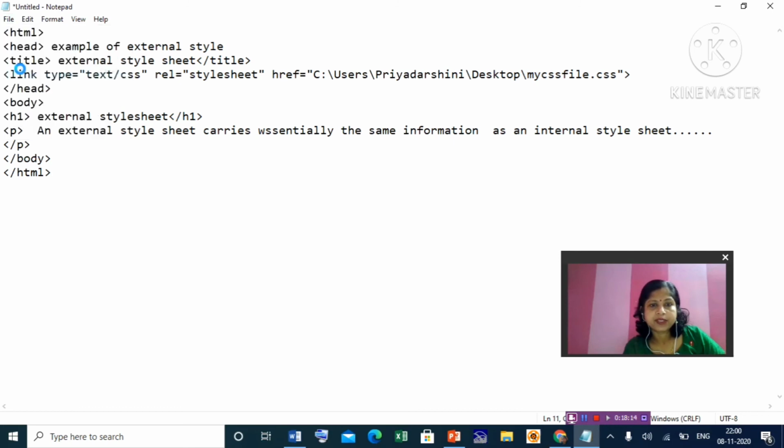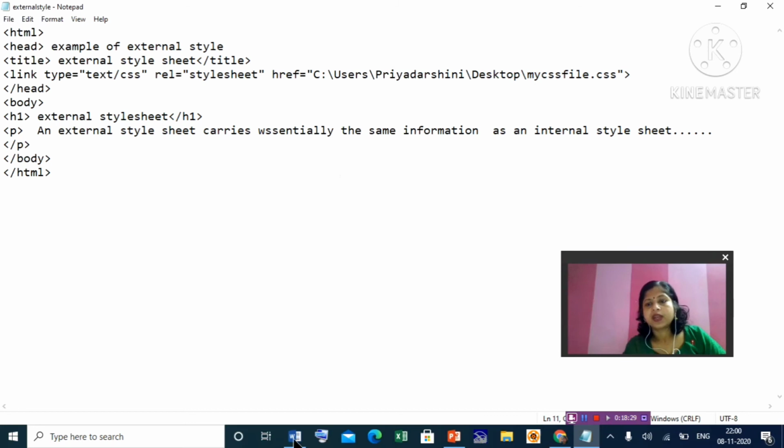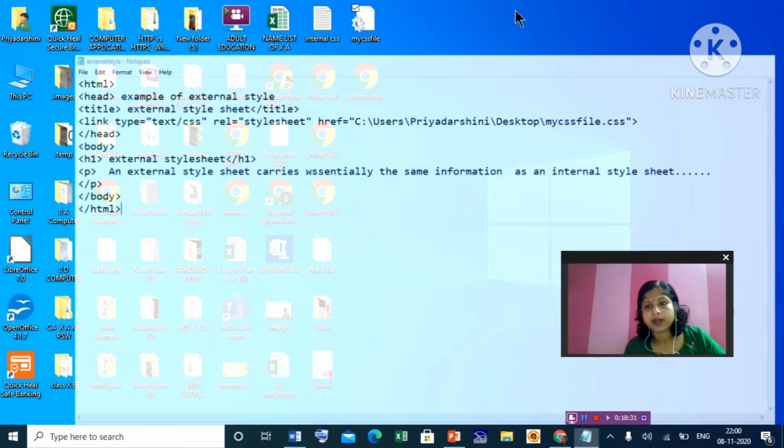File, save. Suppose external style sheet .html. Now we'll open our HTML file.